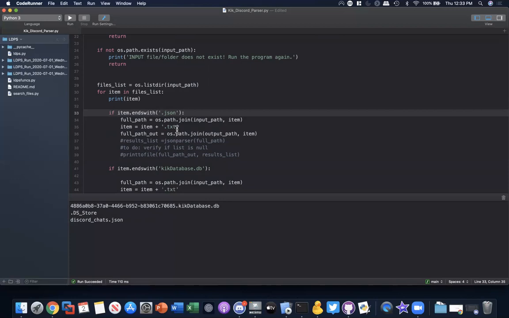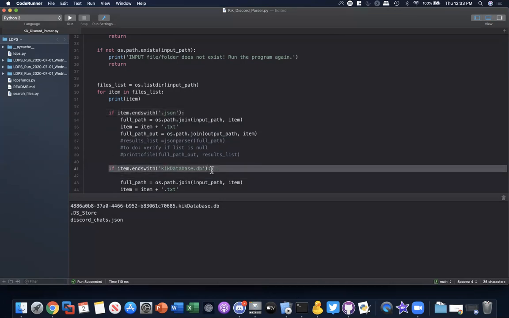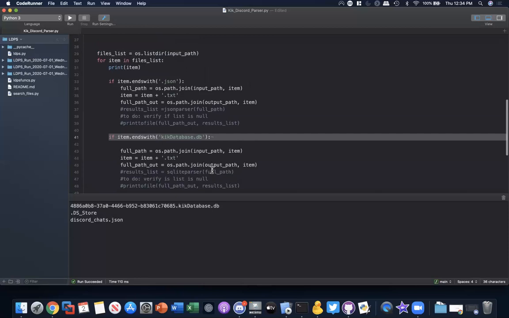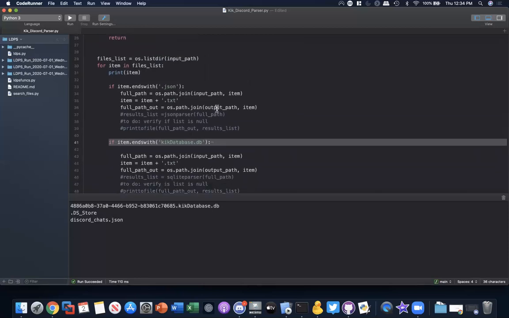We can do that as well. But for now, the big teaching point is I can go through and list what's in a folder, and I can then pick out specific things from that folder, things that end in JSON, and in this case, things that end in kik.database.db. Okay? And this makes my code more general use because I just point my code to the input folder,